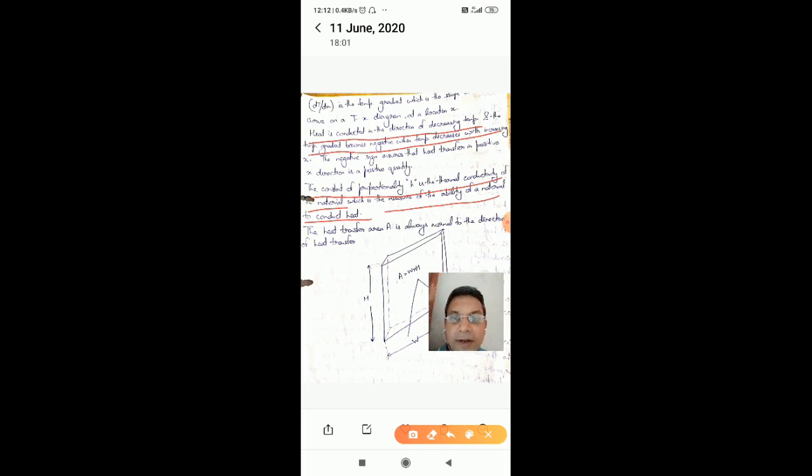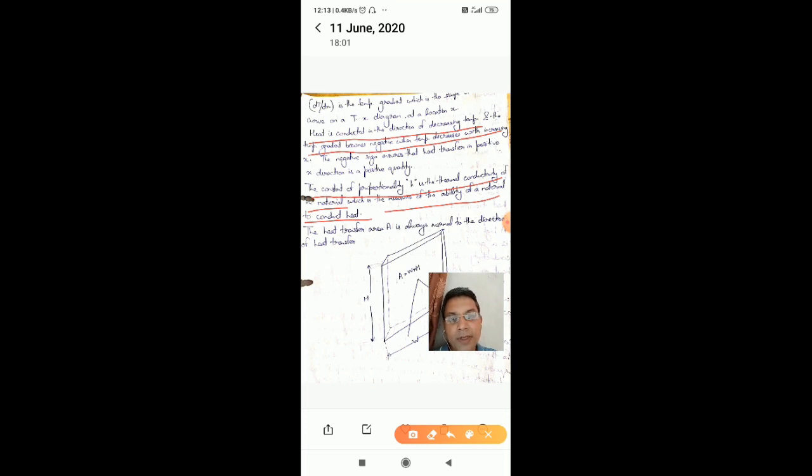So again citing the same example, when you go to buy a fan, the shopkeeper says, brother, it is 100% copper, I have not used aluminum. Because copper can transmit heat much faster as compared to aluminum. Now this fact will be explained more clearly in the next few pages.